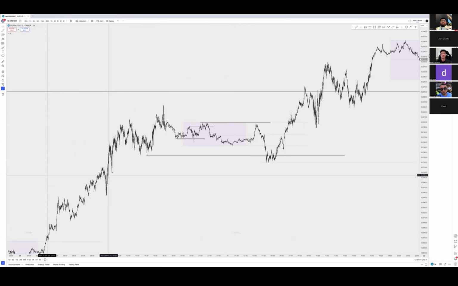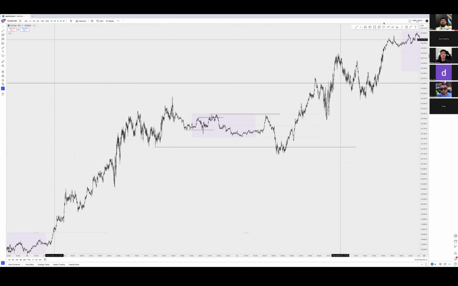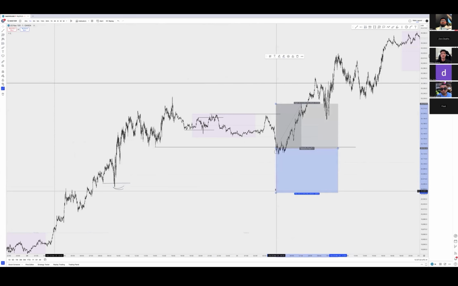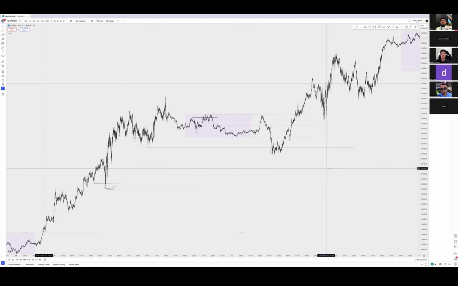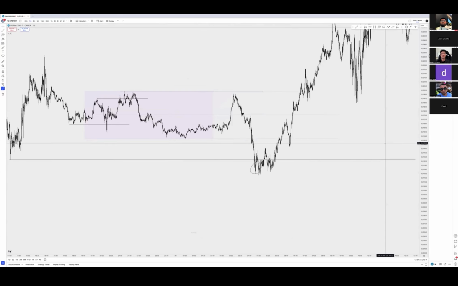There's no liquidity block over here for me to take it from. Okay, cool. I mean, we got this right below, but it just needs to come lower. I'm not going to be entering here and keeping my stops all the way below here. It just doesn't make sense to me, especially because my target is up here. You know what I mean? So I'm not here going for a one-to-one. Yeah, sure. Okay, cool. Let's see, 1 minute time frame.